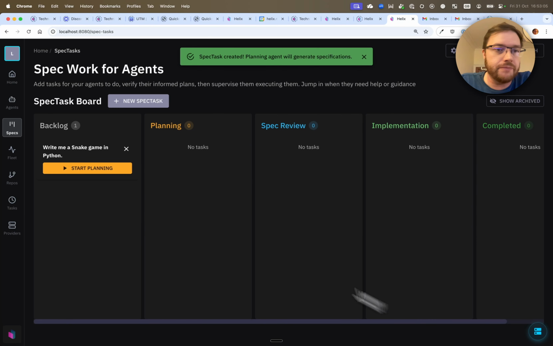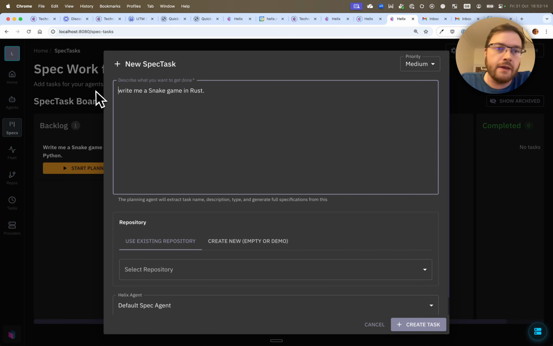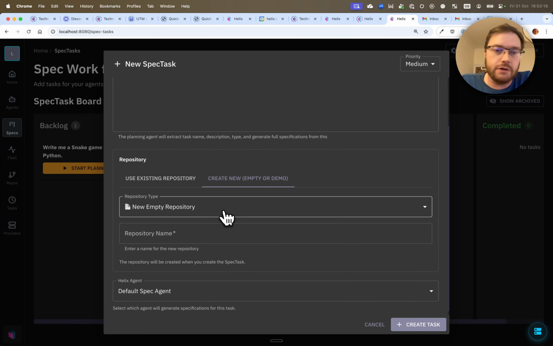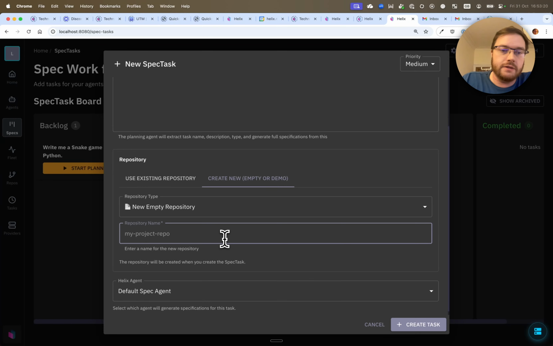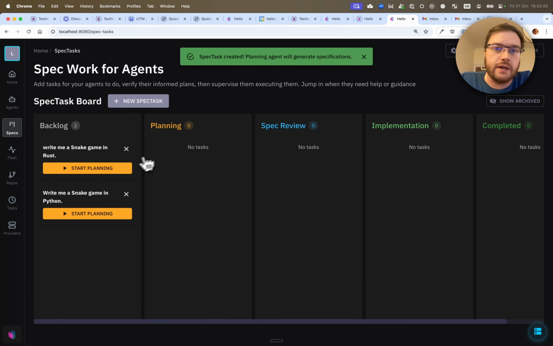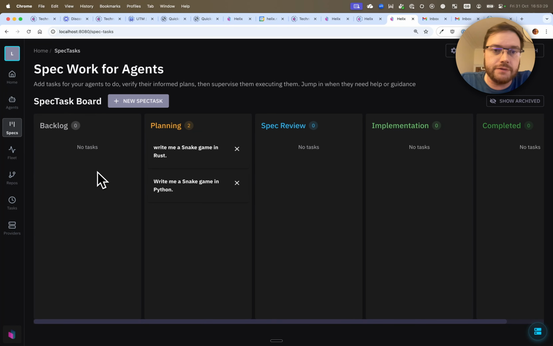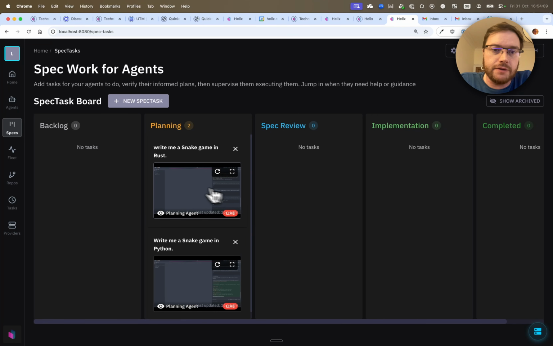Snaky py 2, and I can create a second one for write me a snake game in Rust, and create another new repo. We also have demo repos for different examples. Call that Rusty Snake, and then I should be able to hit start planning on both of those at the same time. So you can see those environments live here in the UI,